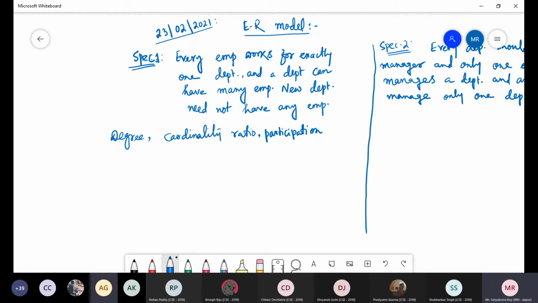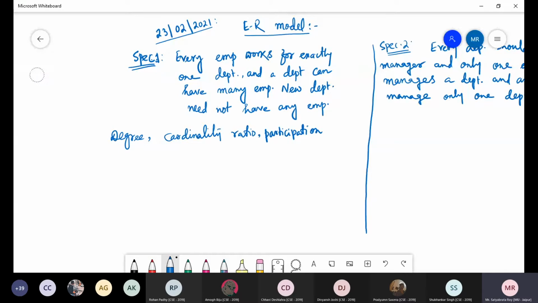Dotted oval. Yes, correct. So this is how we represent the derived attributes. And students, please tell me how the strong entity sets are represented. Sir, rectangle. Yeah, a solid, normal rectangle. Okay, and how are the weak entity sets represented? Sir, double rectangle. Correct. They are represented by using a double rectangle.